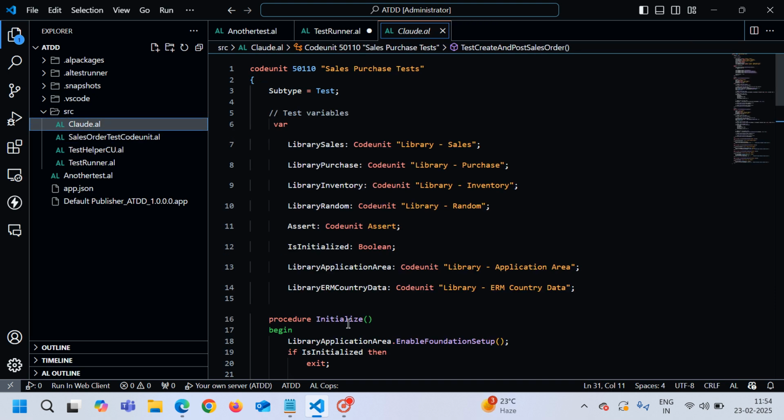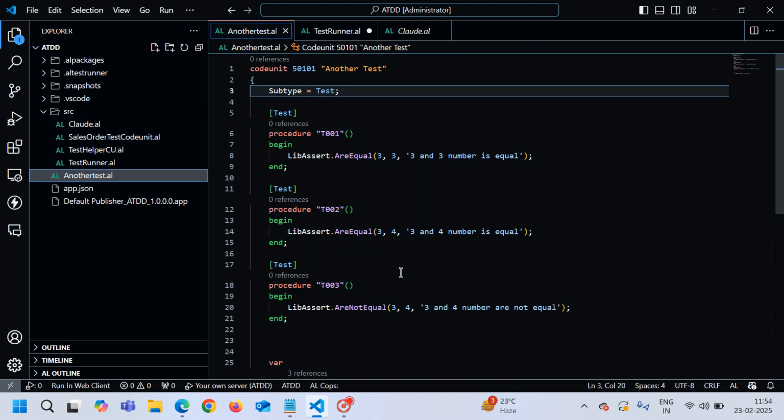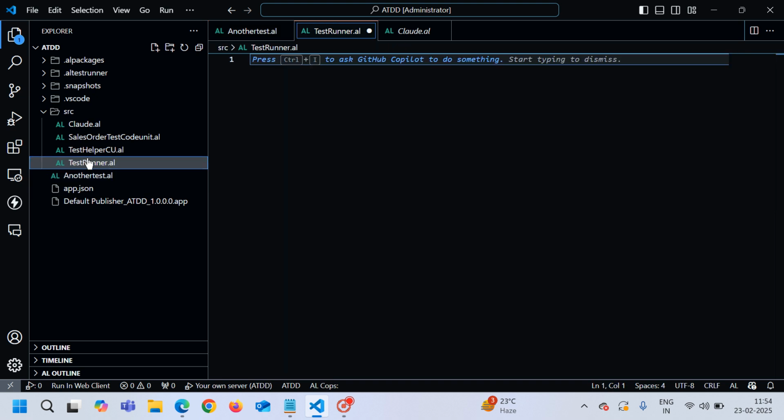If you see this one, basically these are test codeunits, and these test functions are run, or we can control the execution of these test functions, through the test runner, right? Although we do not have to create a test runner on our own for, say, a custom thing, because Microsoft already provides the test runner codeunits in their base application. However,